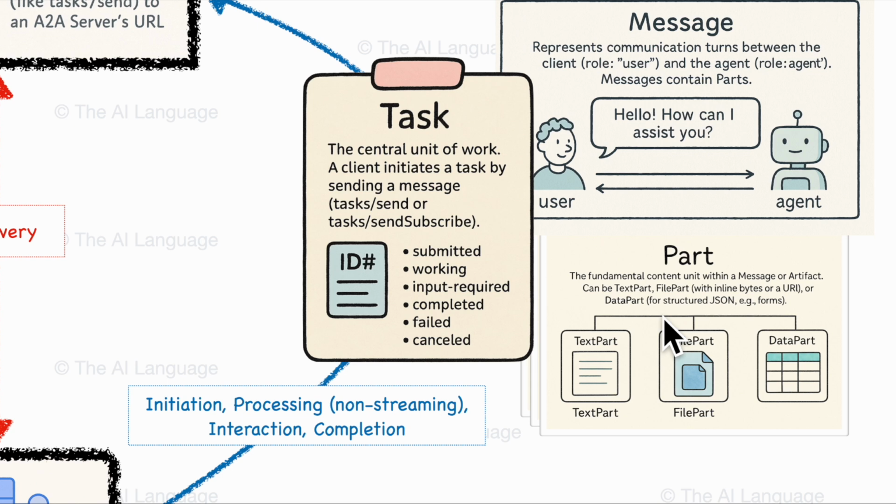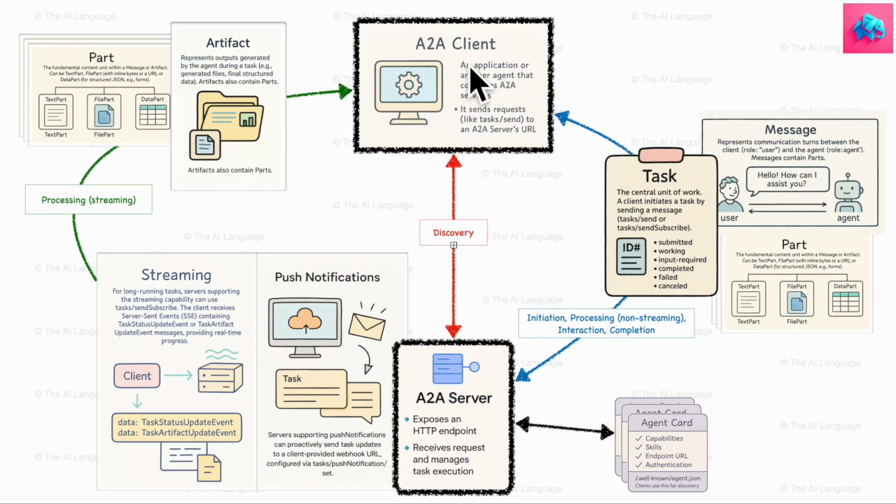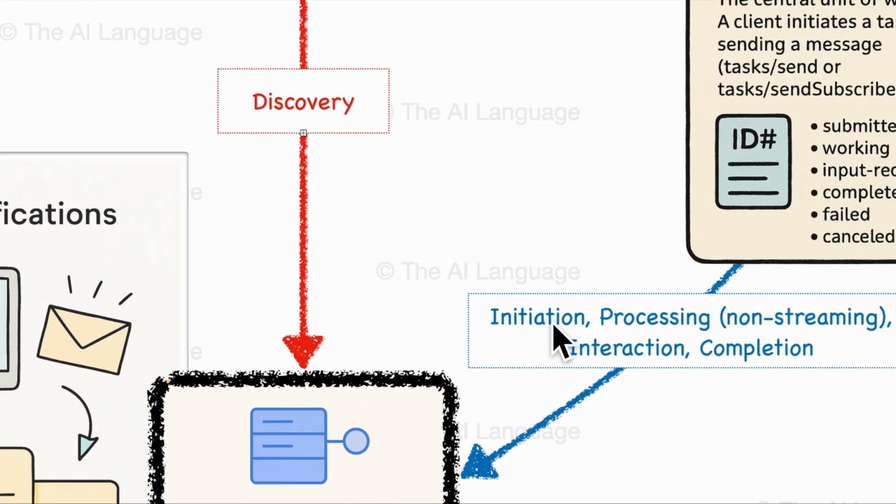The file part can be basically used to represent files with inline bytes or a URI, and the data part can be used for structured JSON example forms. So in short, when the client wants something to be done, it generates a unique task ID and sends the initial user message. The task itself contains a message, and the message is basically made of parts, and this officially starts a task on the A2A server. This is what is called initiation, and this is one of the flows in the A2A protocol that happens